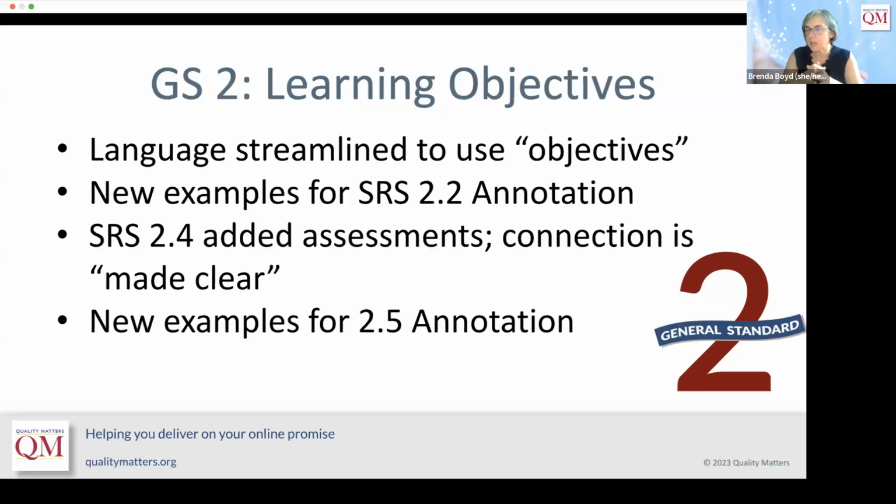And then specific review standard 2.4 added assessment. If you don't have the rubric memorized, 2.4 is about the connection between the learning objectives and the activities, but the rubric committee suggested adding in the assessments. So give us the big picture. And so that connection is made clear, and it used to say something more specific. And so "made clear" language